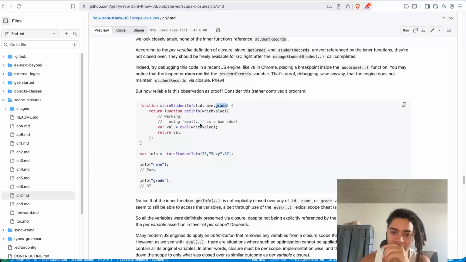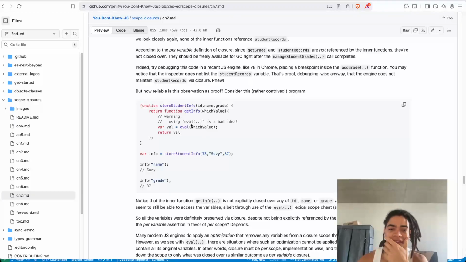That makes a lot of sense. Notice that the inner function getInfo does not explicitly close over any of the id, name, or grade variables, and yet calls to info seem to still be able to access the variables, albeit through use of the eval lexical scope cheat. But again, here we can now have access,